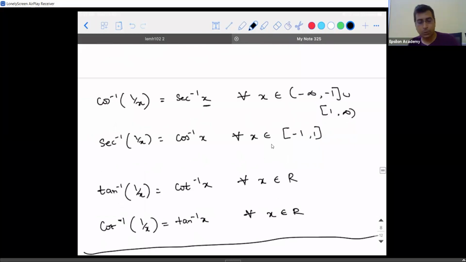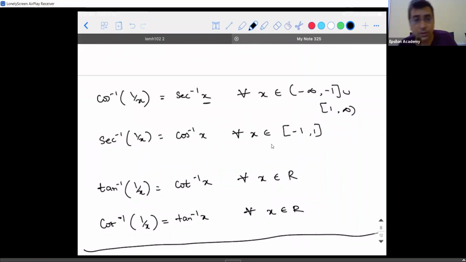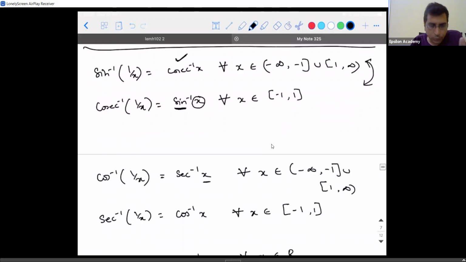See, one important point I want to stress in this chapter: you will especially have problems with these domains and codomains. You have to remember them. Once this is over, at the end of your book, have a separate page for this chapter alone. Write down all the formulas so that it acts as a quick reference. Don't write it on a separate paper, you will lose it. If you want to master this chapter, take running notes, that is the class notes. At the end of the session, spend 5 minutes writing down all the formulas you have learned that day on the last page, so that you have it as a quick reference. I hope everybody has copied it for the time being.